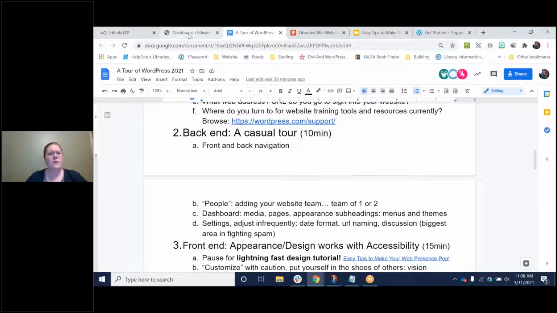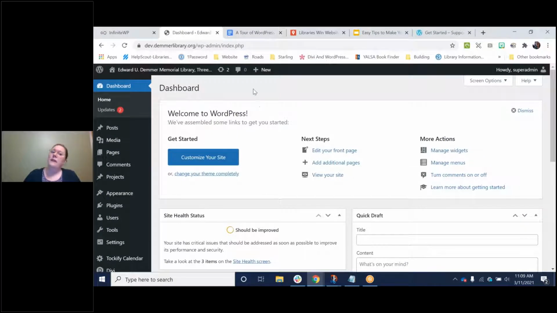So part of being a web person is just casually keeping up with your neighbors and friends. So let's take a tour of the back end. When you sign into your website, it might not look exactly like this, but it might be pretty close. This black control bar at the top and on the left should look familiar.